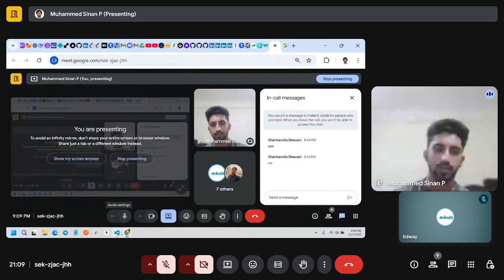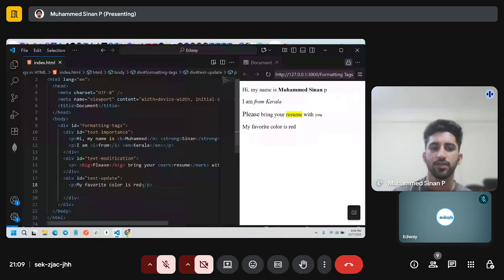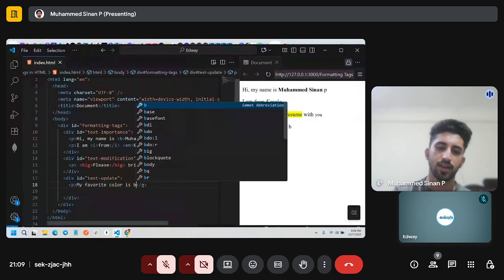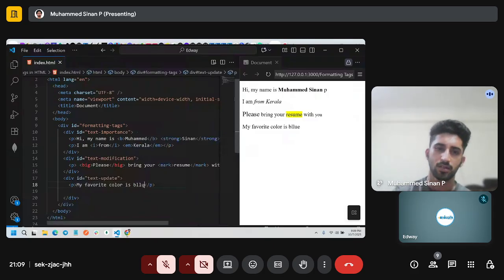But in the code editor, we can just delete this and write blue. But I want to show the red is struck down and I have added blue. So what we can do is put the red inside the delete formatting tag.